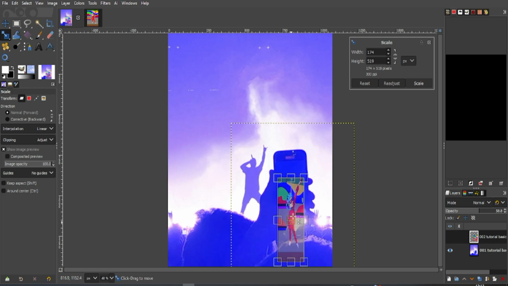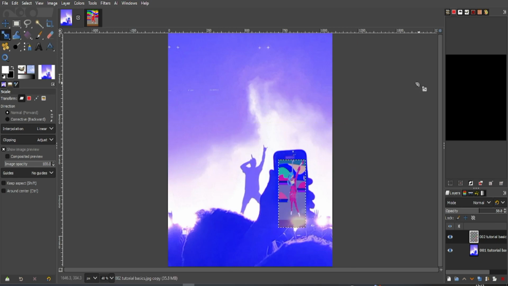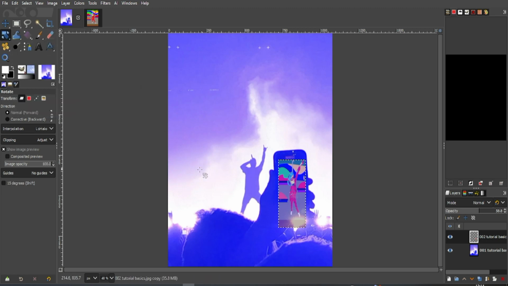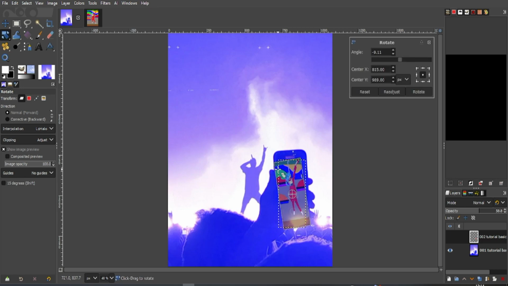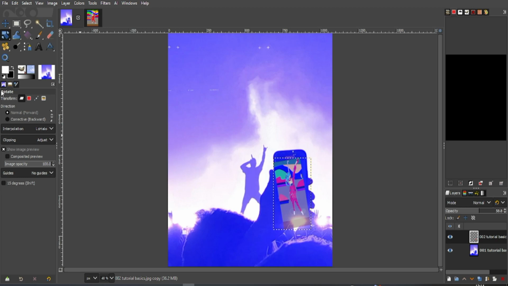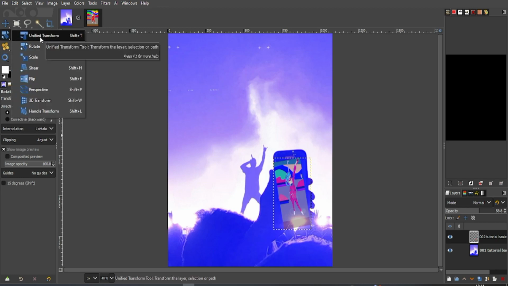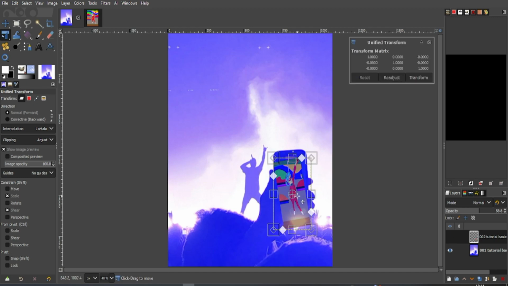Then let's move this up. Right then, so we'll press scale there. Now you can always rotate it by right click or Shift and R, and then we can rotate it to the angle of the mobile phone. Enter. But the tool that I prefer using for this sort of thing is right click, the Unified Transform tool. So when I click on that, I can line up each of these corner boxes